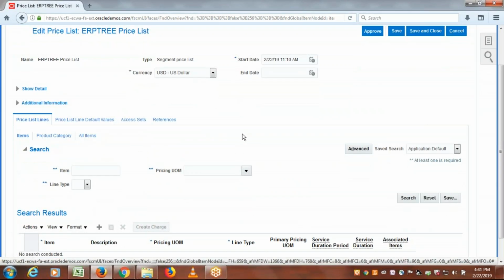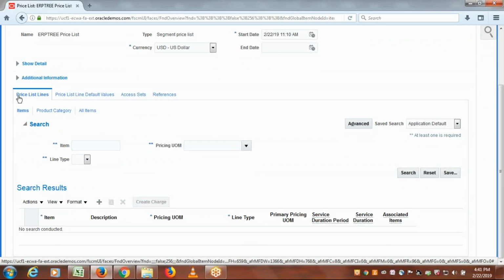So we have to add items into this price list. Okay, so here we are under this tab, price list lines. Under that we have item option selection. If you want to find out which items you have already defined a price for, you can find it from here. You didn't define any price for any item, so just click on create, add,